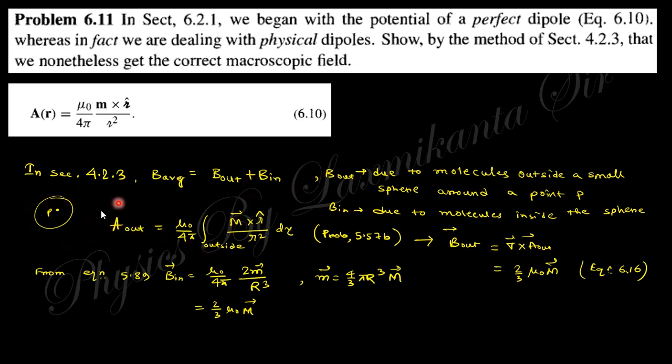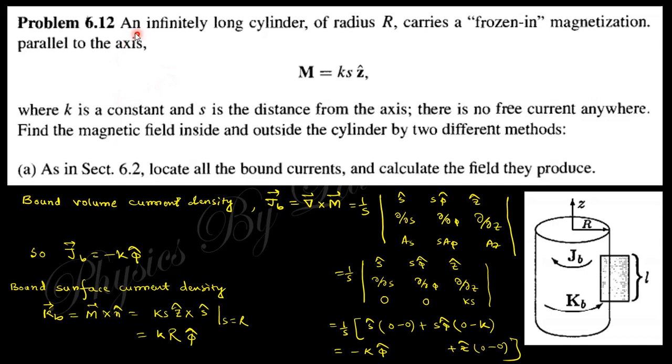So the magnetic field outside this region will be like that, this is the vector potential, and the corresponding magnetic field will be like that. And in case of inside, the magnetic field will be obtained like that. So you can see the magnetic field inside and outside are both the same. These are the average values, and the average values are the same in both cases. Go to the next one.